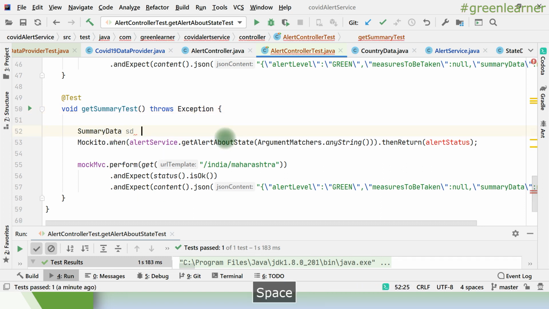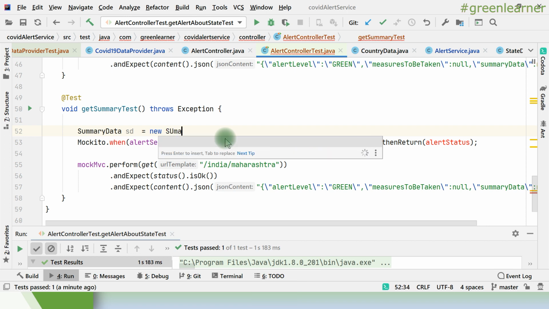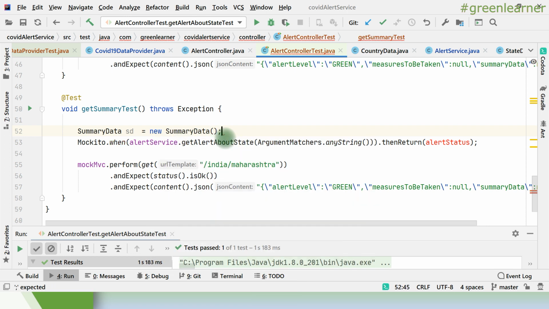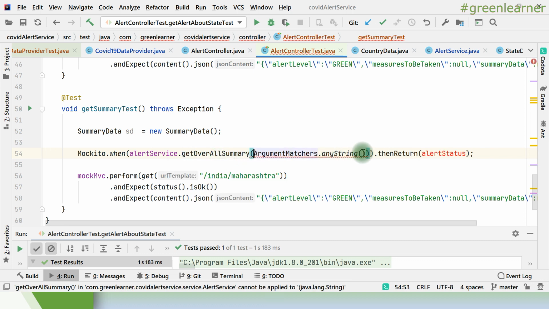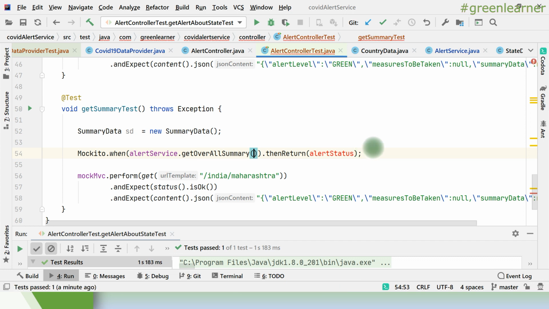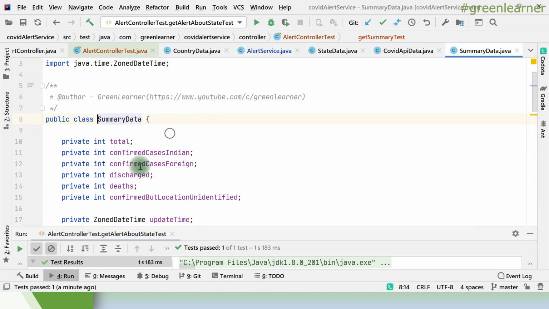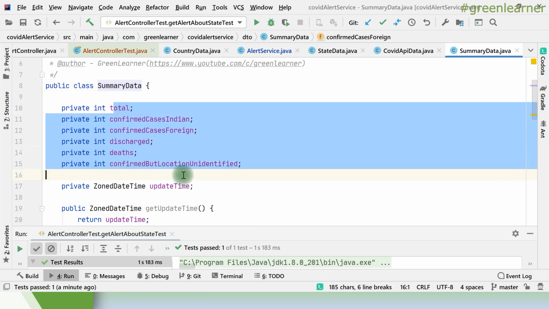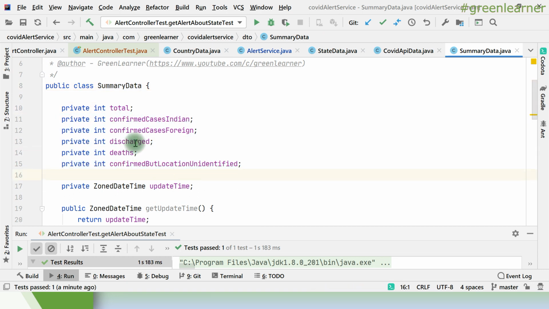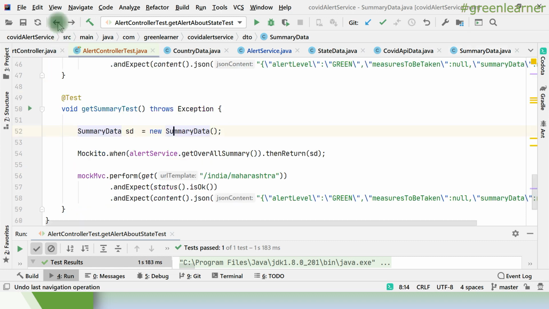Now I need summary data, new summary data is here, alert service dot get overall summary. It is not taking anything, that is why I am giving it empty, and just give st, right? I'm not setting anything in summary data, because everything here is just a primitive data type, it is going to be initialized with that one. So I'm just going to live with that.